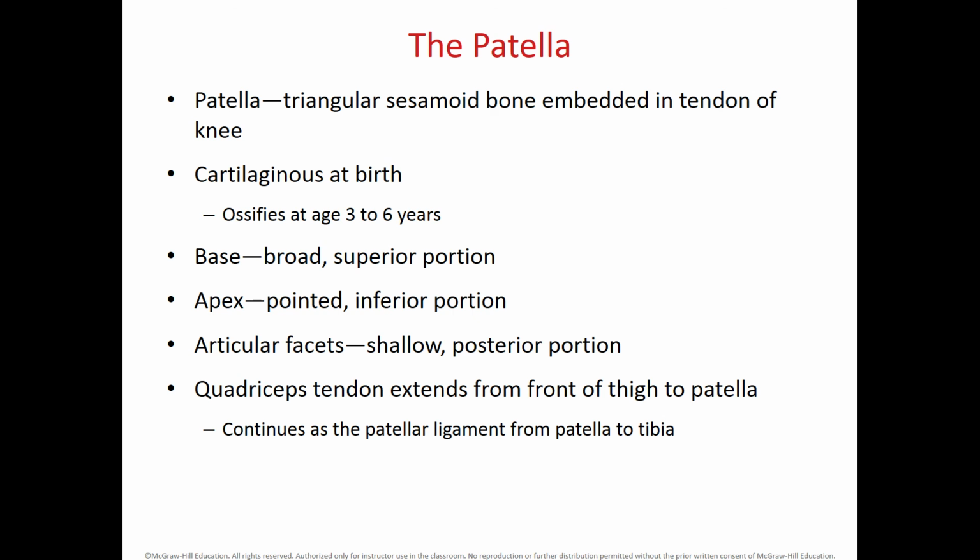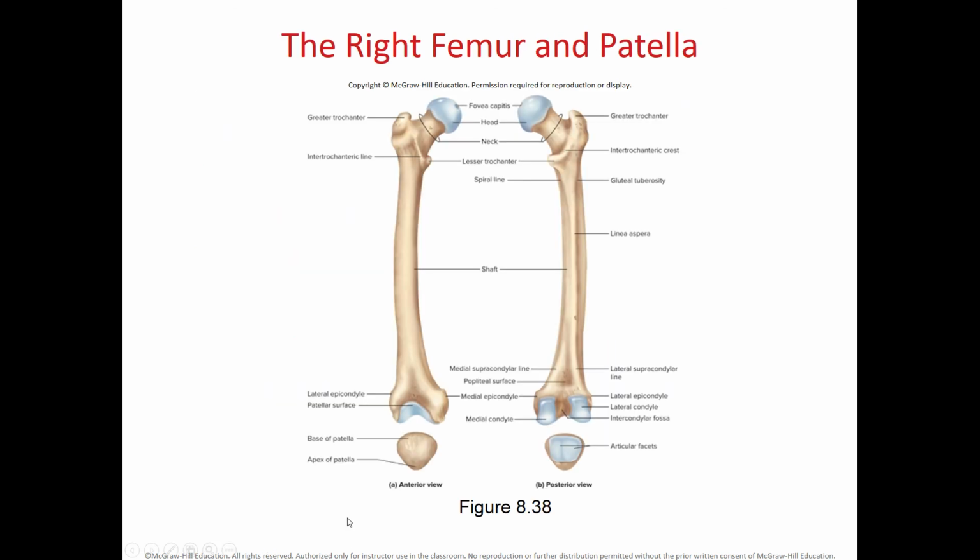It has, as I said, this base that is broad and faces toward the femur, and it has the apex that faces towards the tibia and is pointed. It has these articular facets posteriorly that connect to the femur. The quadriceps tendon extends from the thigh to the patella and continues as the patellar ligament from the patella into the tibia. So this is the figure showing you the anterior and posterior view of the femur and the